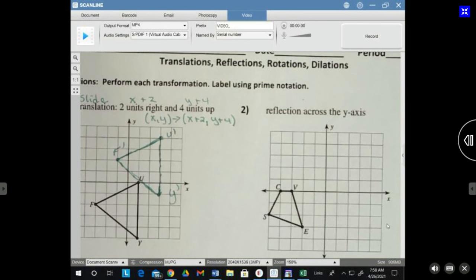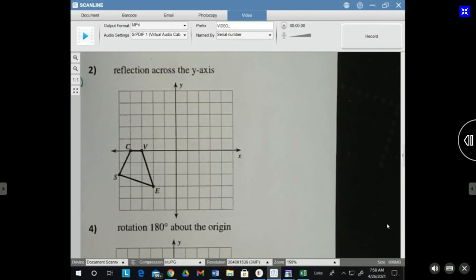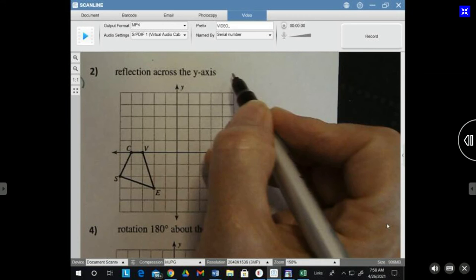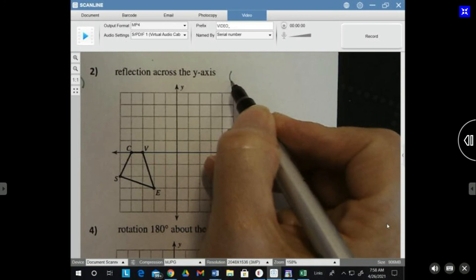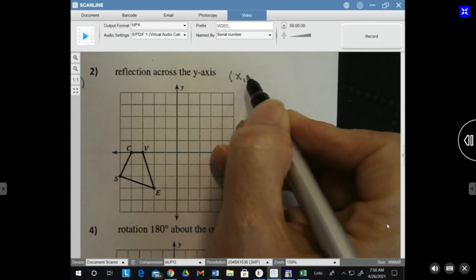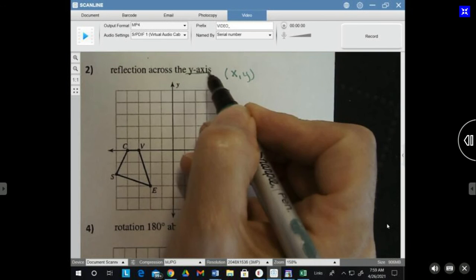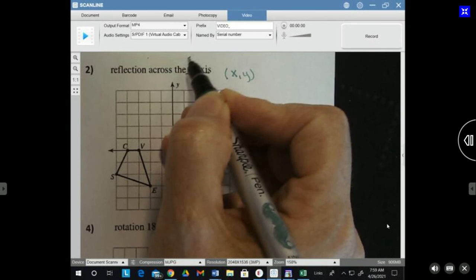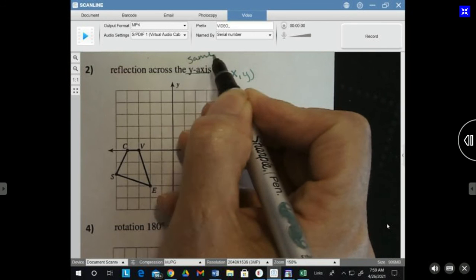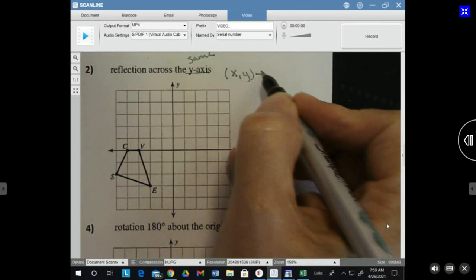If I'm reflecting across the y-axis, what does that rule look like? X comma y. Who stays the same when I reflect across y? If I reflect across y, y stays the same. If I reflect across x, x stays the same. Whatever I'm going across, that's who's going to stay the same. So that means I have negative x, the opposite of x,